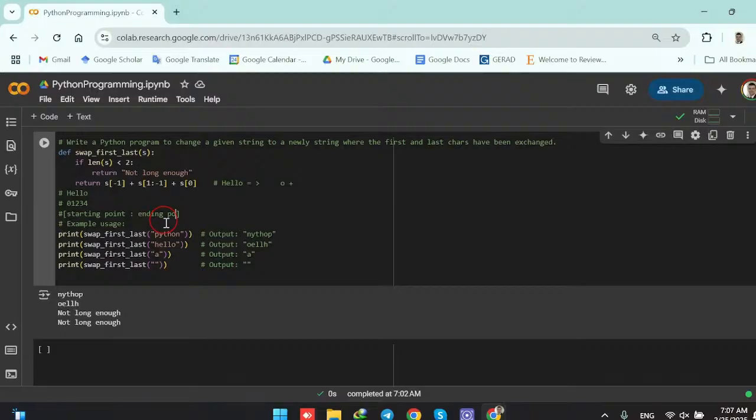until the ending point. But we need to be very careful. Ending point is exclusive. We are going up until -1, but -1 is not included. Okay, so we start from 1, which is E. We go up until -1, but because it is excluded, we are not going to have that. So we are having ELL. Okay, so ELL